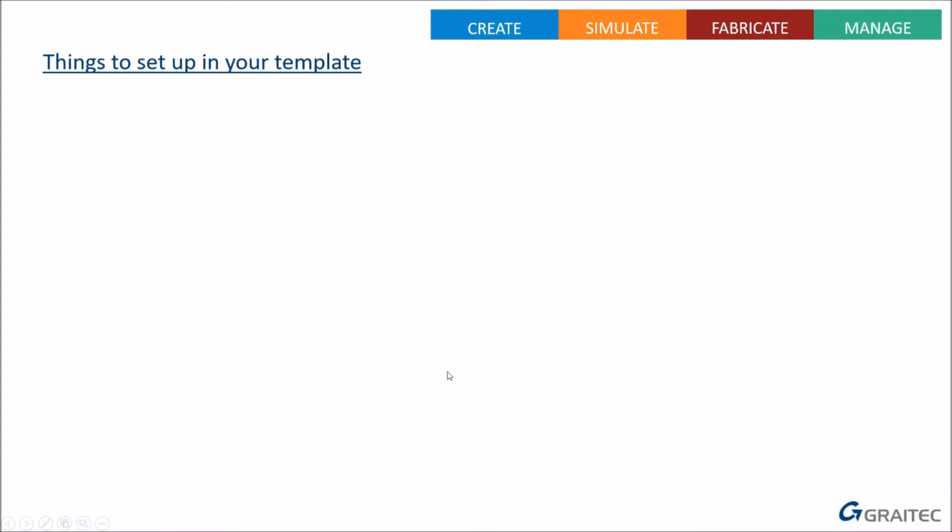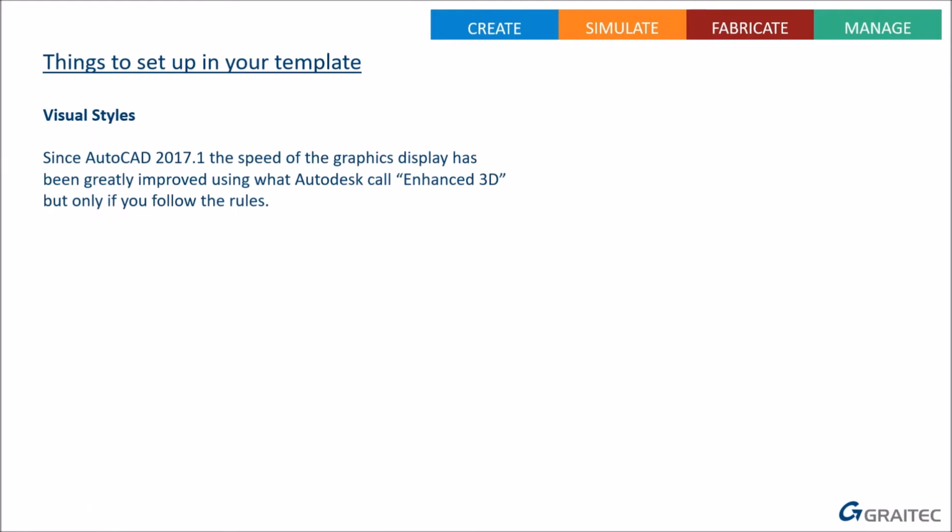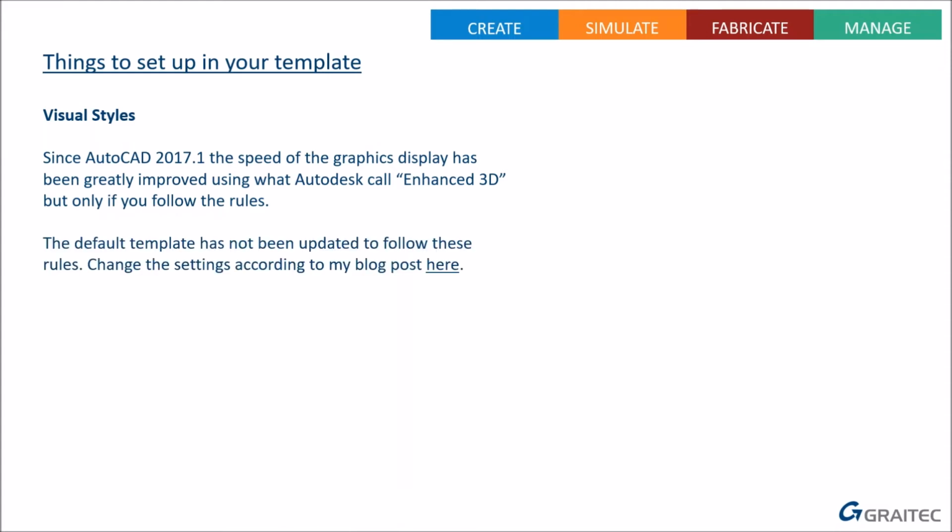So let's look at some things we can set up in the template. First of all, visual styles. Since AutoCAD 2017.1, Autodesk changed the graphics display system in AutoCAD to make it more efficient, and they call that Enhanced 3D, but that only works if you're following the right rules in the file. Unfortunately, the default template provided with Advanced Steel, at least in the UK build, does not follow those correct rules. So there's a blog post here, if you follow the link, where I've explained all the settings you need